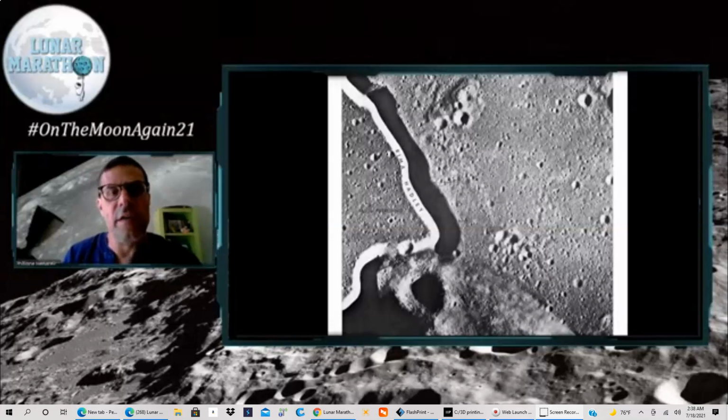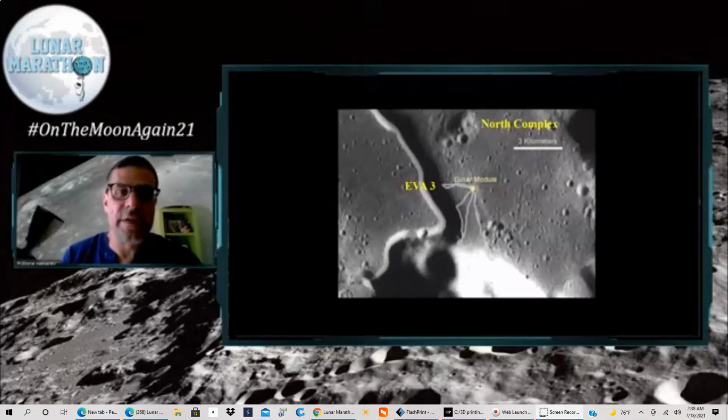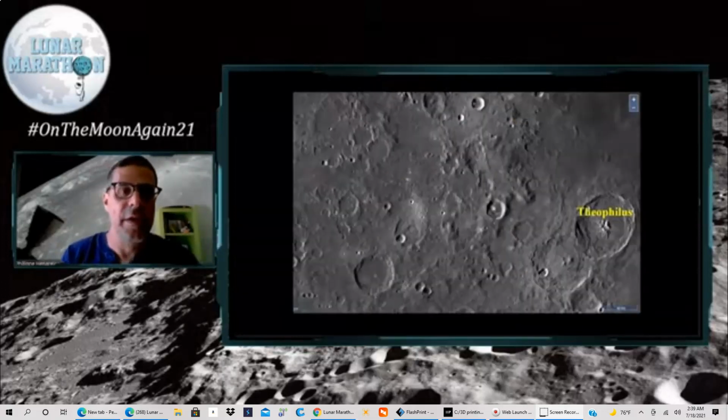And finally, they went to the rim of Hadley Rille, during their EVA 3, and you can see where it is, because the rille makes a little promontory at this point, so you can see through a telescope some of the places the astronauts were. And finally, at the top of this picture, you can see North Complex. They planned to be there. It's a hill with a crater, pretty visible in an amateur telescope, but they didn't have time to go there. Okay,